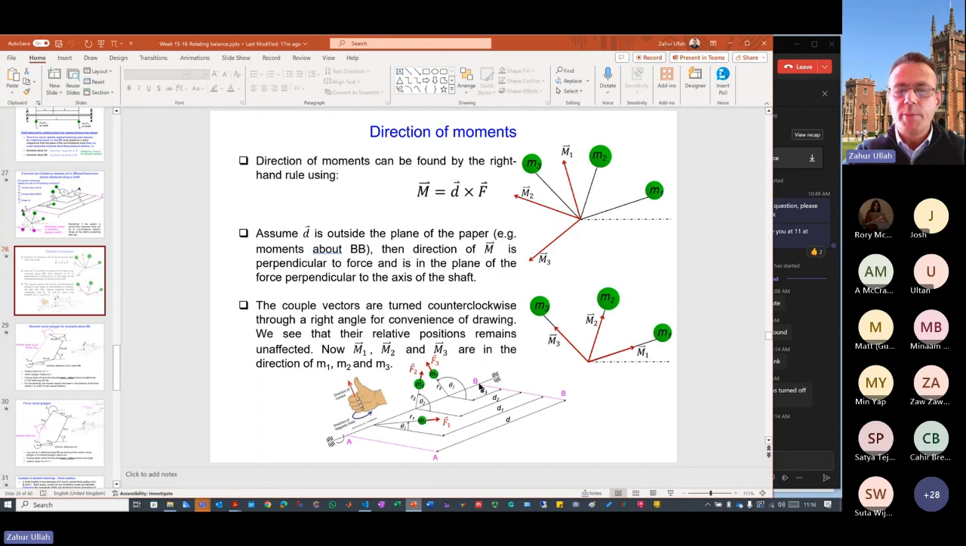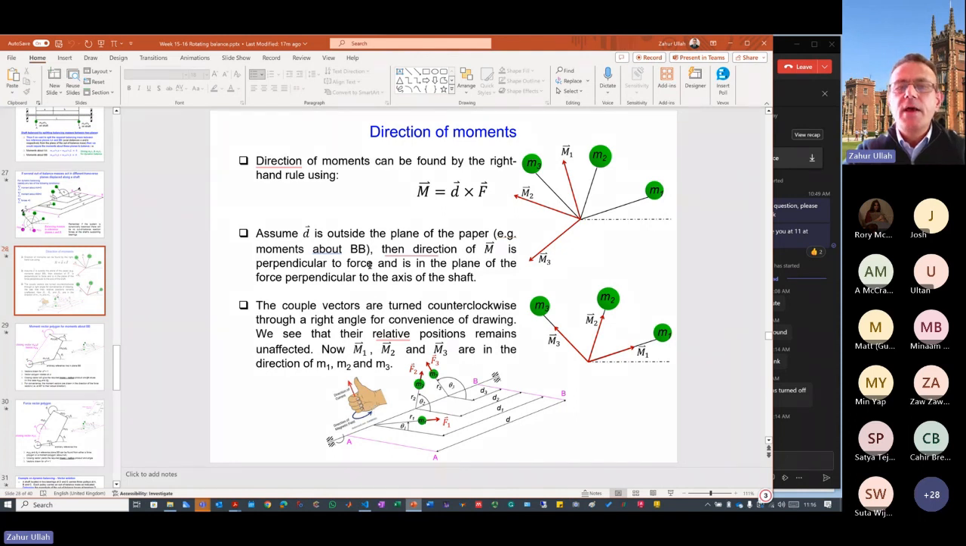So you want to take the moments of this F1, F2, and F3 from this B. You need to know that the moment is actually a vector, and it's a cross product of two vectors. One is D and one is F. D is the distance, and F is the force. If you take the cross product of these two vectors, D and F, it should give you